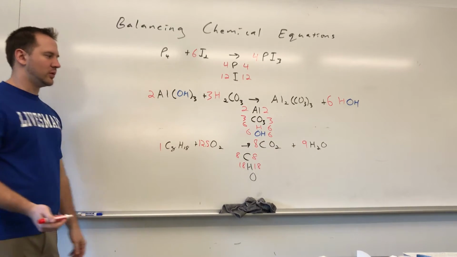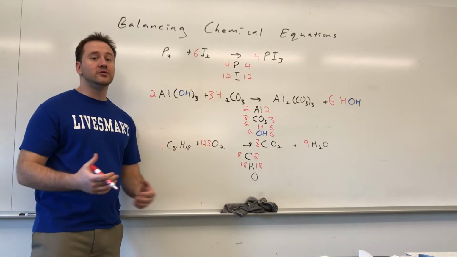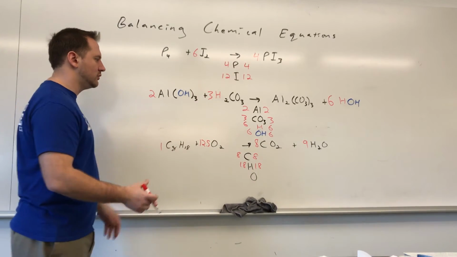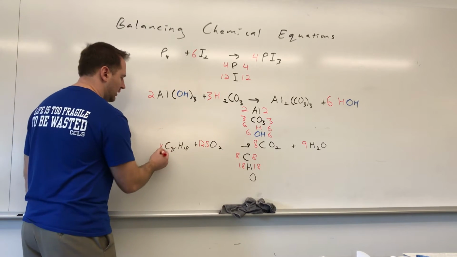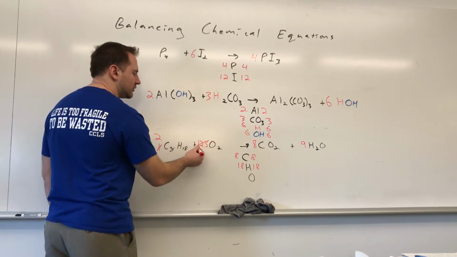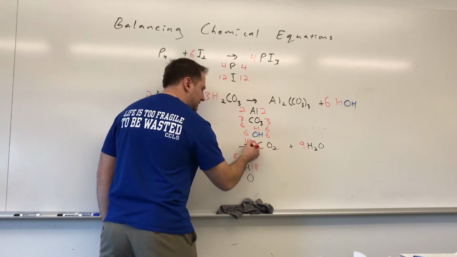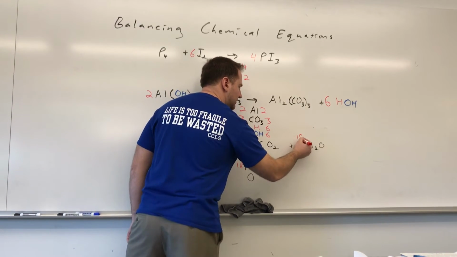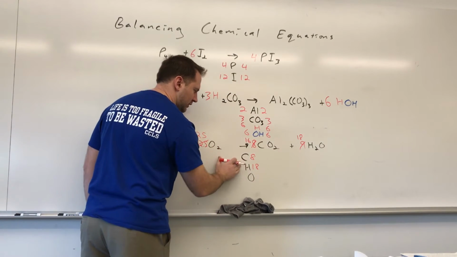And this was an understood 1. Now, anytime you have a 0.5 in here, if you want to get everything to whole numbers, you can just multiply all of them by 2. You'll have the same ratio, however, you'll have them in whole numbers. So this 1 becomes a 2, the 12.5 becomes a 25, the 8 becomes a 16, and the 9 becomes an 18. And at this point in time, if we do our atom inventory just to make sure we're good,